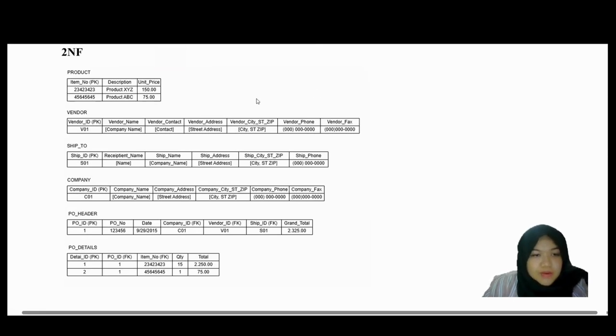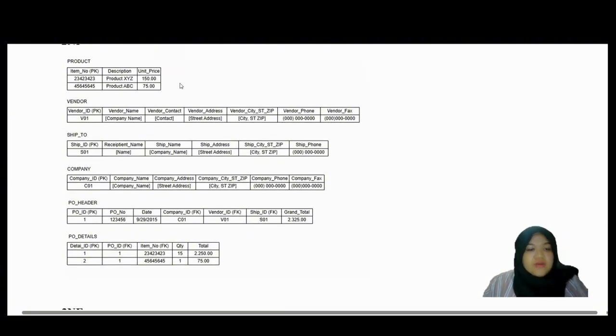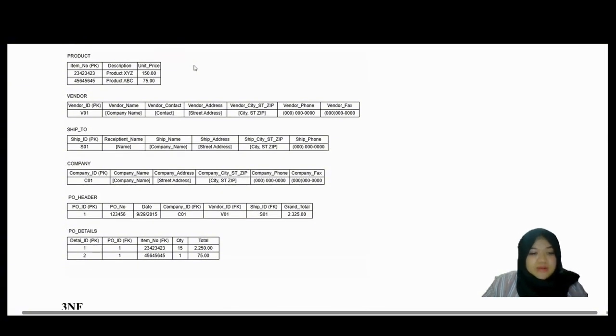For example, product details do not depend on POID, but on the product itself. Therefore, the product data is separated and identified using item number as the primary key. Similarly, vendor information is identified using vendor ID. Company information uses company ID, and